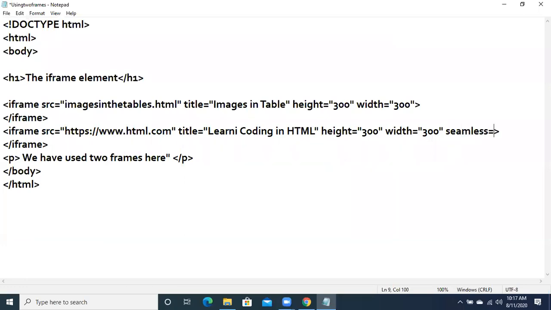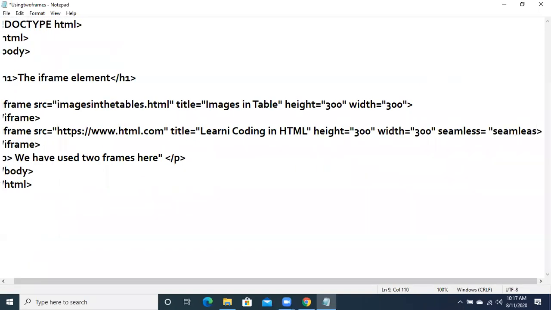Seamless property is used for what purpose? In this example that we have done recently, the frames are coming attached with each other.